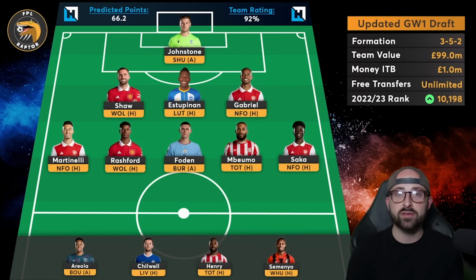Bukayo Saka, I still do believe, is the best Arsenal midfielder to own. Of course, you can see here that I also think Martinelli is great, and I don't mind Ødegaard either. And obviously, Gabriel Jesus is an excellent option too. But for me, Saka has good data, excellent data at home, and obviously the opening fixture against Forest is a